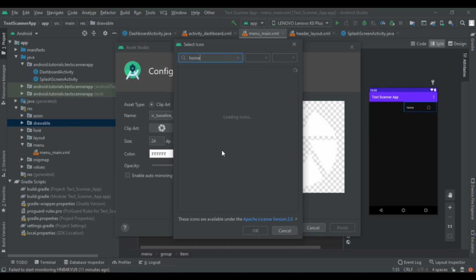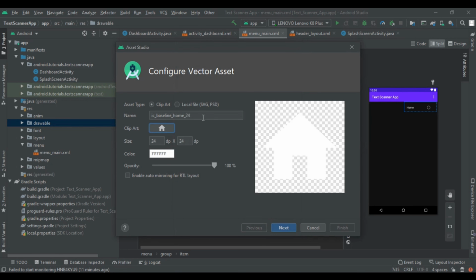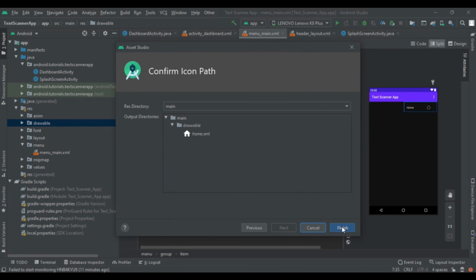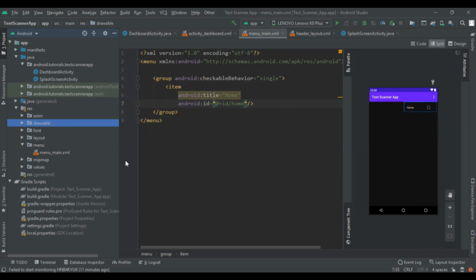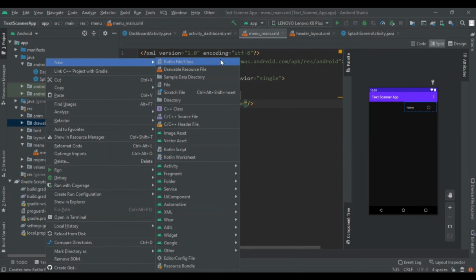It may take some time, it depends on the internet connectivity. So here we get our home button, and click on OK. Then change the name to home, and next, and finish. So here we had implemented home icon, and image and camera we had already implemented, so we are not going to implement it.